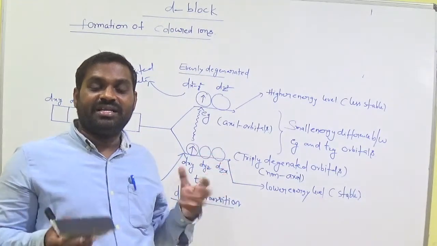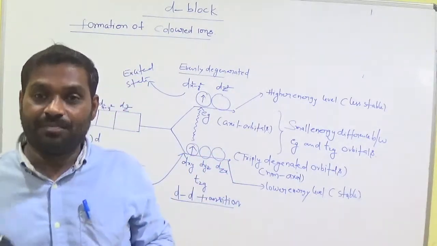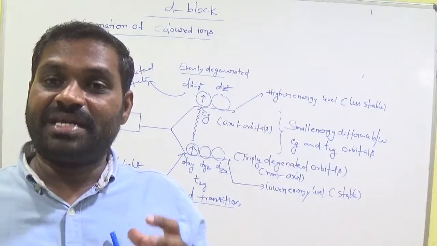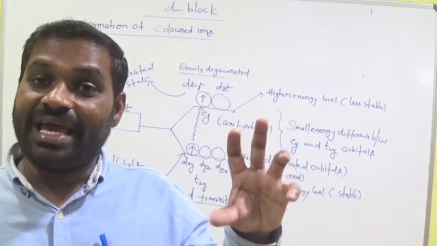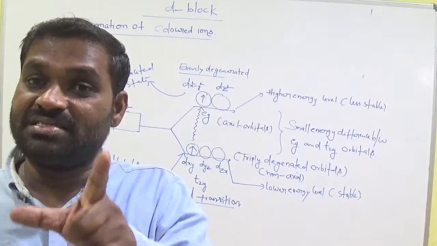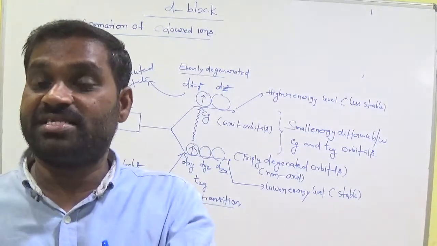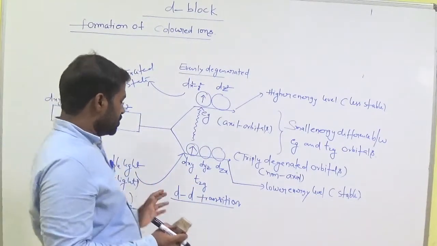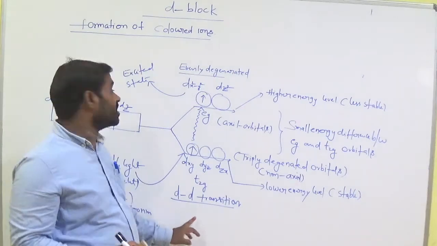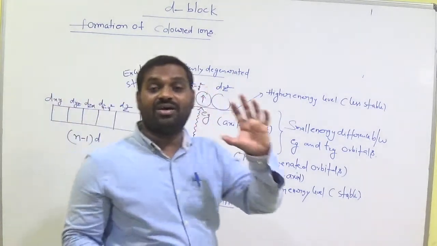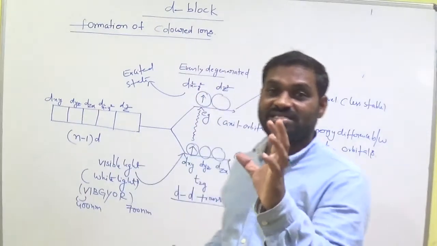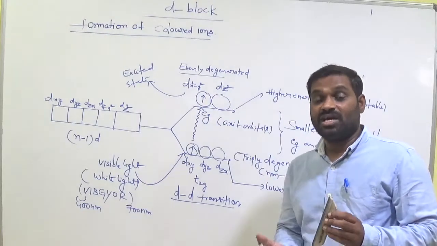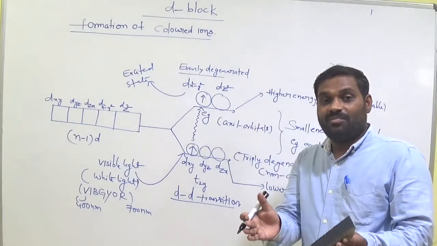Is it clear? Initially it absorbed green color in its compound. After some time it undergoes excitation, and the electrons emit purple color. Then titanium plus 3 appears purple in its compounds. Clear? So that is called d-d transition. Due to the d-d transitions, transition metal ions show color in their compounds. That is the answer. This phenomenon takes place inside. Why do transition metal ions show colors in their compounds?